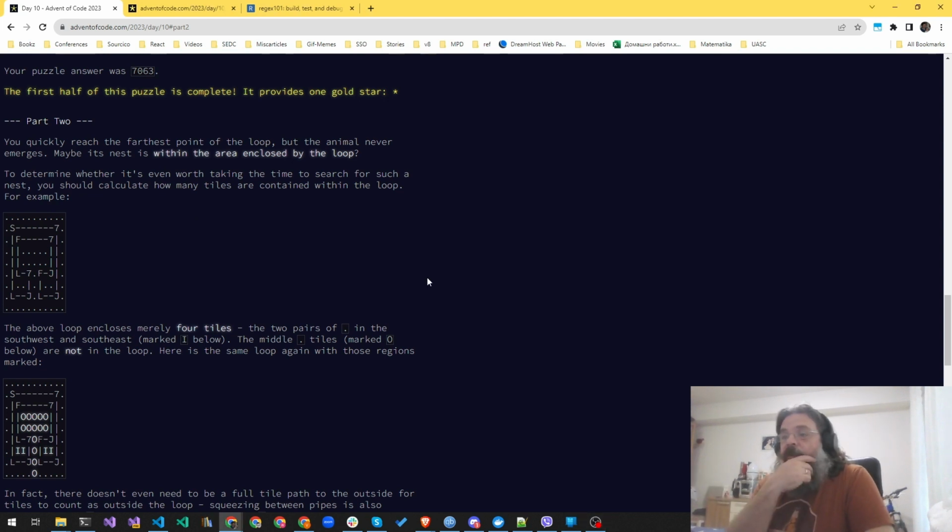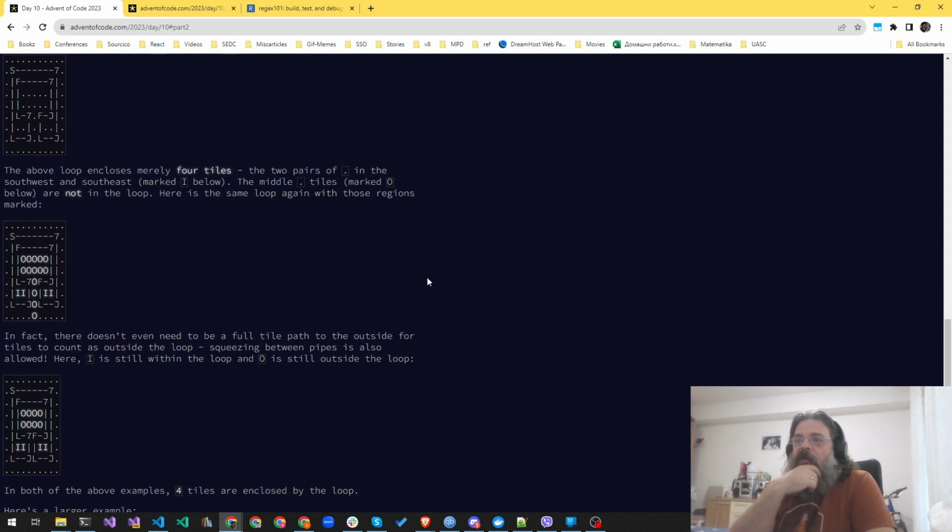The examples are quite nice. So we have this situation, and the tiles marked with I mean that those tiles are inside the loop, and the tiles marked with O mean that those tiles are outside the loop. And my first